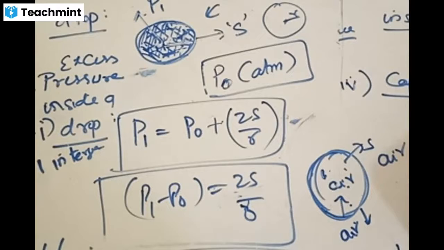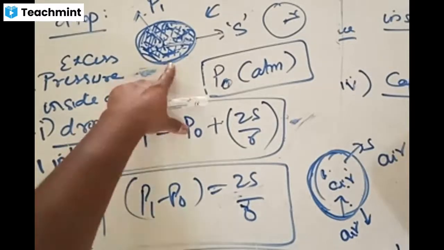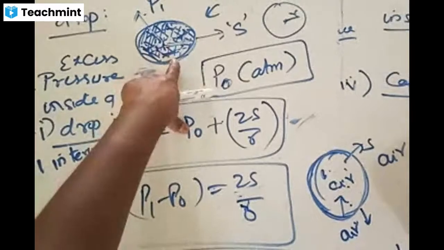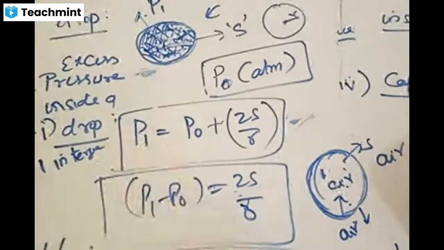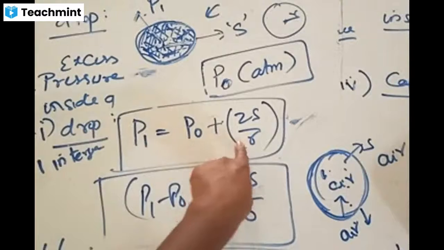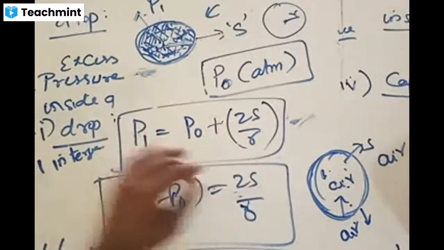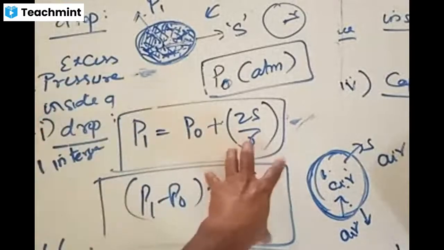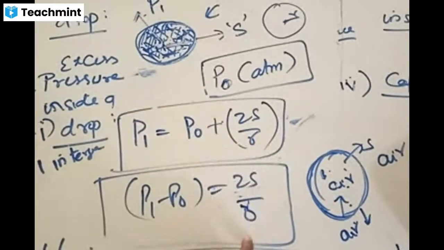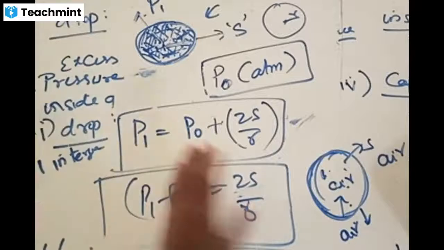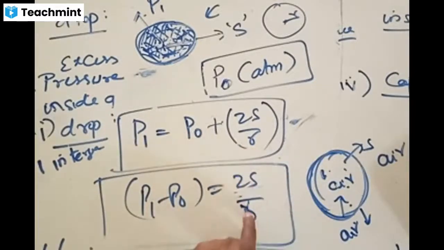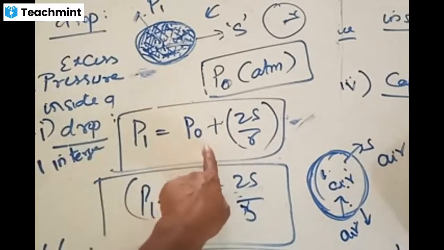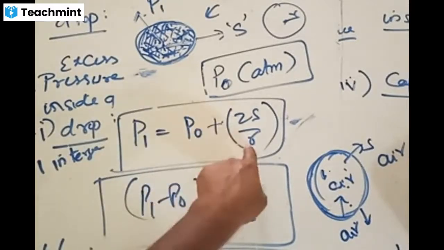Now inside this drop there is an excess of pressure because there is only one interface here. Liquid and gaseous interface is only one. Accordingly, inside that drop, excess of pressure is 1 times 2s by r. Depending on how many interfaces, it is those many number of 2s by r's. So for drop, there is only one interface, 1 times 2s by r. That is 2s by r. Inside it is more than outside. Outside it is P naught, and to that P naught if you add 2s by r, you are going to get inside.